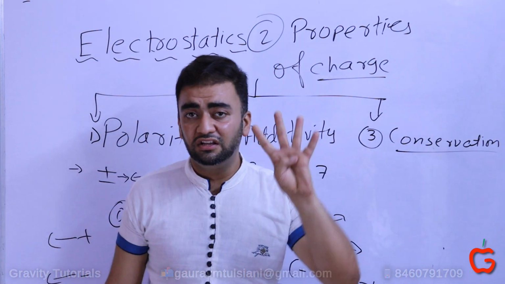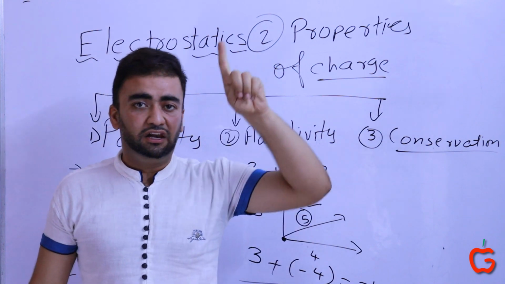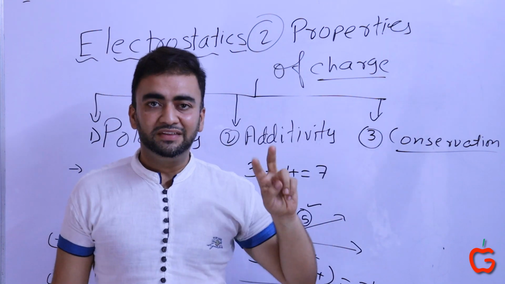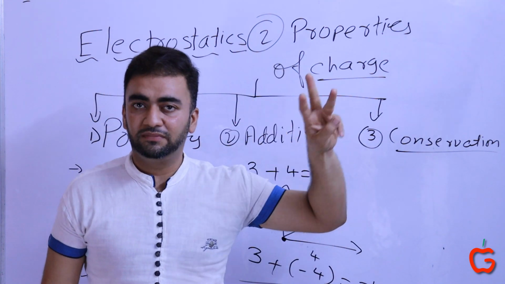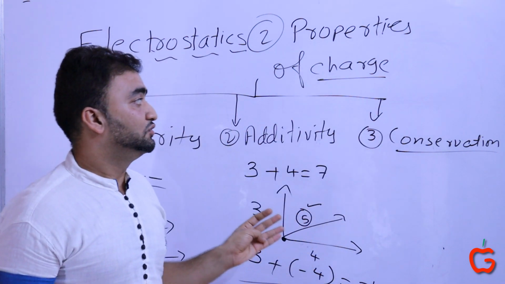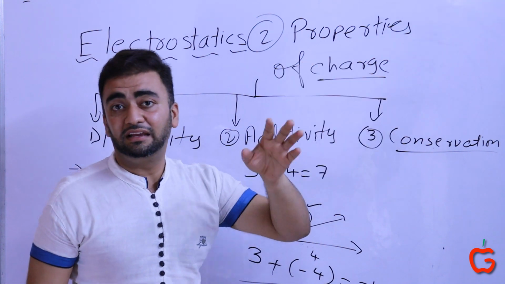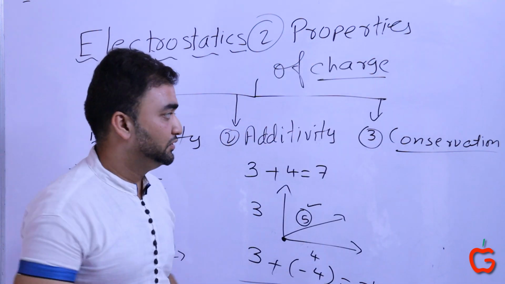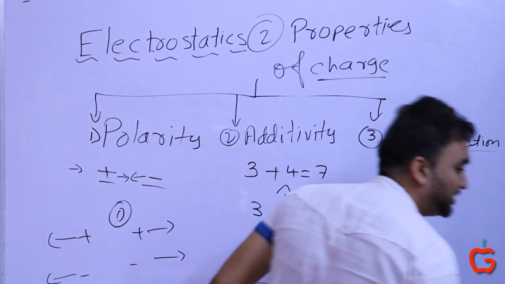So what are these laws? The 4 conservation laws. Law of conservation of energy, the most popular one. Law of conservation of linear momentum. Law of conservation of angular momentum, and law of conservation of charge. So charge is one such property which is conserved. So what does this law of conservation of charge say?